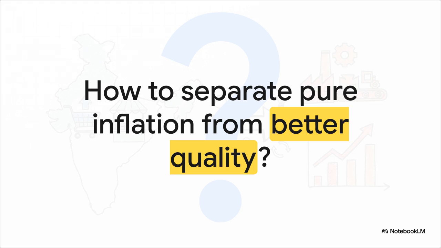Imagine the price of a massive manufacturing machine goes up by 10%, but the new model of the machine is 20% faster and significantly more energy efficient. How much of that 10% price increase is pure inflation, and how much is just you paying a premium for fundamentally better quality? This is a classic economic problem known as quality adjustment, and it is notoriously difficult to calculate